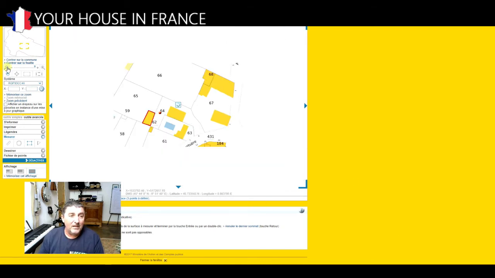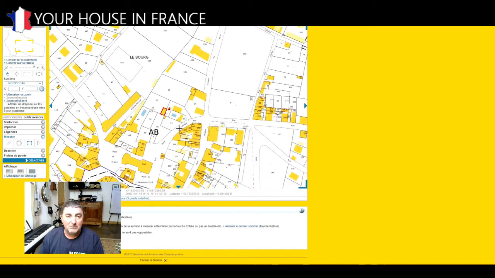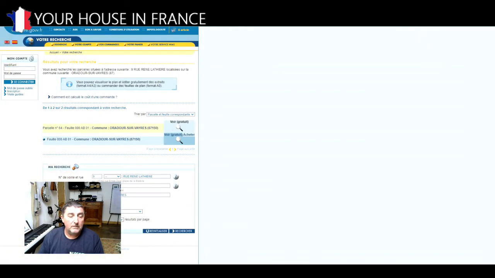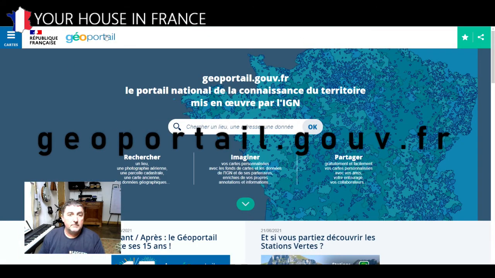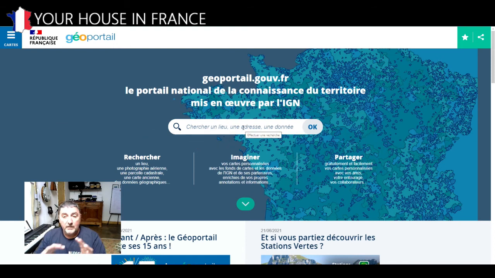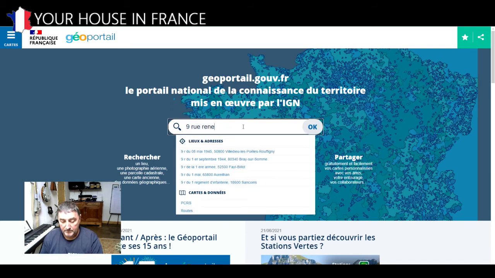Of course, what it doesn't tell you is much information about the terrain and what's going on in the land and all that kind of thing. So the other best thing to do is look at another website. What this is effectively is Google Maps, but with the ability to put other maps overlaid on top of it. So if I do the same thing and I put in the same address,